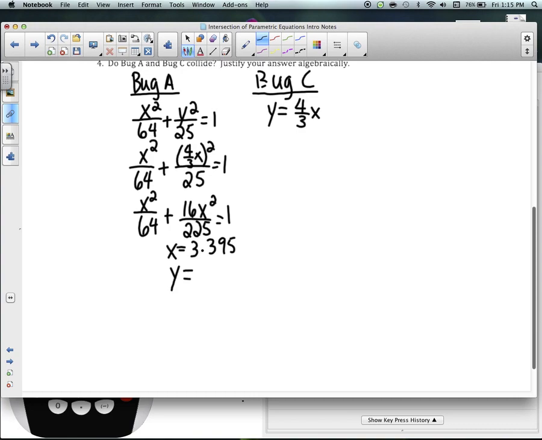Again, plug that into the easier equation. So 4/3 times the 3.395 would give you about 4.53. And the best thing to do with these is to keep using your calculator answer if you're not getting exact value answers. And some of the intersections you will get exact answers. All right, so again for bug A,